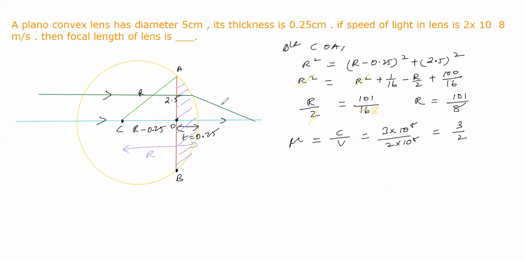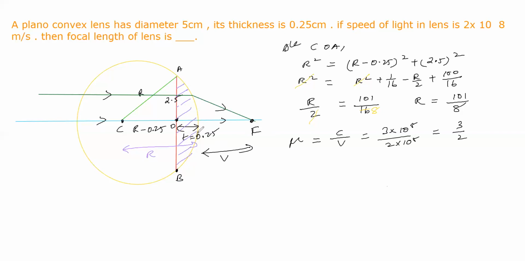This parallel beam of rays, after passing through this plane of the convex lens, meets at this point. We know the definition: the point where the parallel beam of rays actually converges after passing through the lens is known as the focus, the principal focus, that is what we are taking. So this distance we are taking as v. Now see here, the light ray is traveling from denser medium to rarer medium,